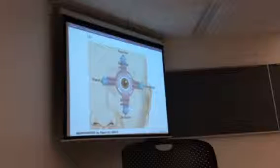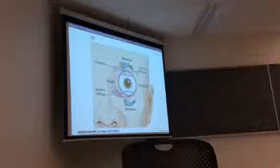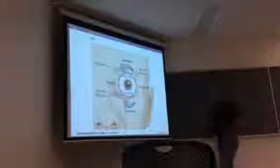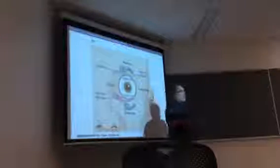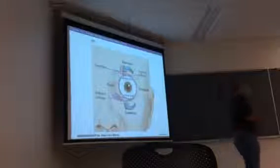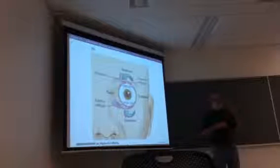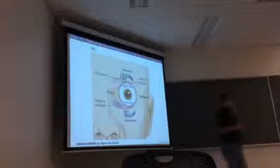So in order to actually be able to look into all of these spaces, you have the oblique muscles. Here we have the inferior oblique. Here we have the superior. And remember, the superior oblique runs through the trochlea. That little piece of connective tissue is critically important because it allows, and this is showing it to you slightly, you can't show it properly because